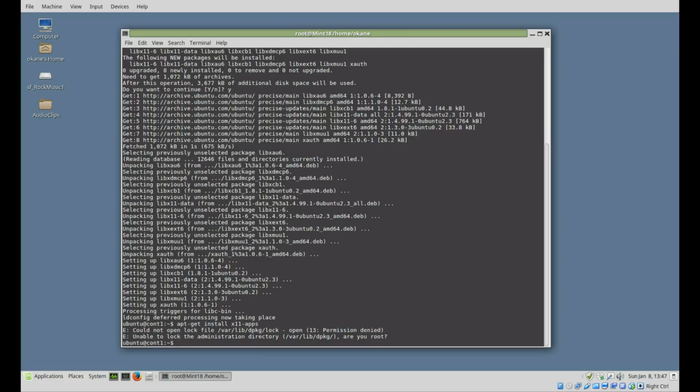Whoops, what did I do wrong? Oh, I forgot to do sudo. I'll just back up here. It might be easier to just type it in here. X11